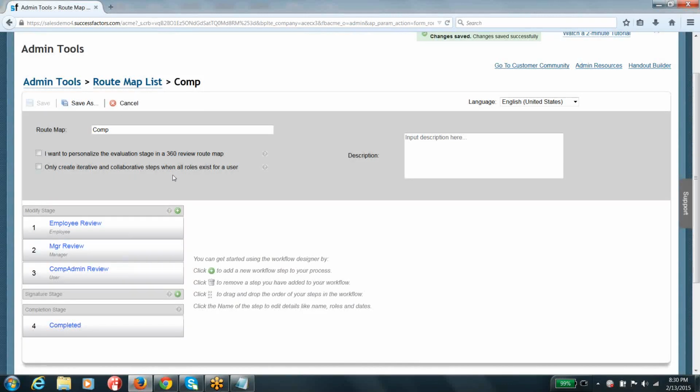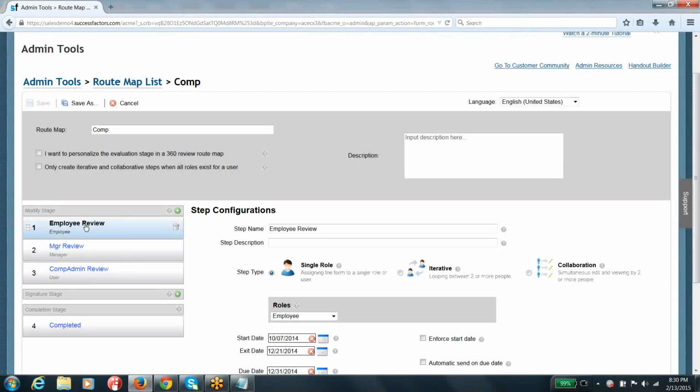Raghu, are this modify stage, signature stage, and completion stage the only 3 standard stages that are available, or can we also add a stage? No, we will not be able to add a stage, Smita. And in fact, this stage doesn't carry any importance. The steps that you are going to create, right, that is the intelligence, or that is what you are interested in. Or in fact, if any requirement comes, you have to see which step you have to add.